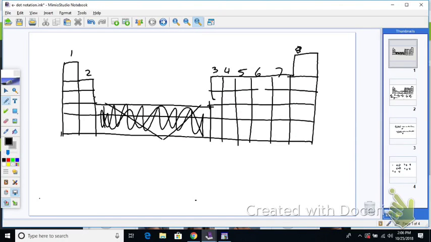This middle group I don't care about. This is called the transition elements. So elements 3 through 12 on your list, I'm not going to concern myself with that middle block. Not saying they're not important. They are important. What we're going to focus our time and effort on is called main group elements, and that's